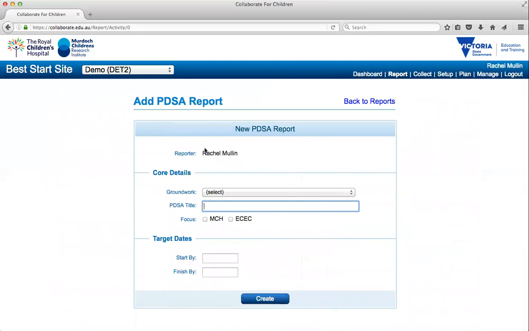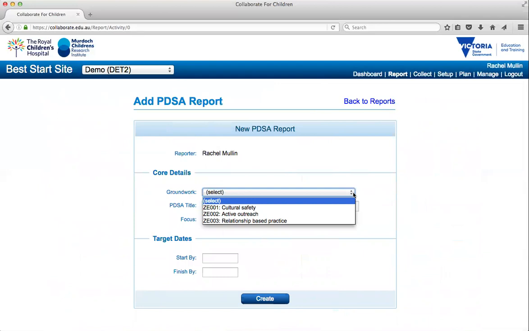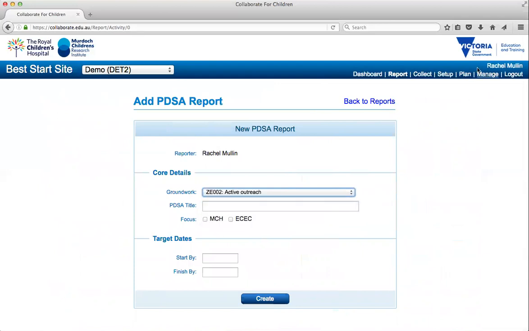Now, the reporter automatically defaults to me, and I'm going to select a groundwork. The groundwork that you can select has to be entered in the Manage tab. If you haven't entered that, you'll have to go back to the Manage tab and make sure that you've got the correct groundwork added. If I'm going to do a PDSA here, I'm going to say we're going to do an MCH